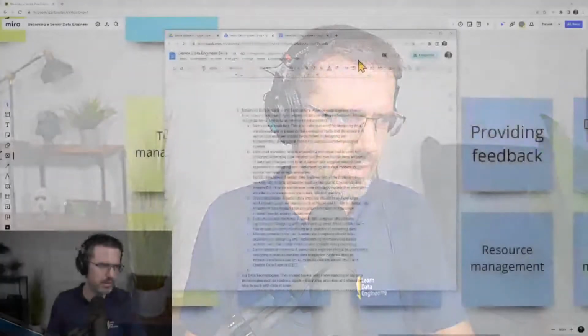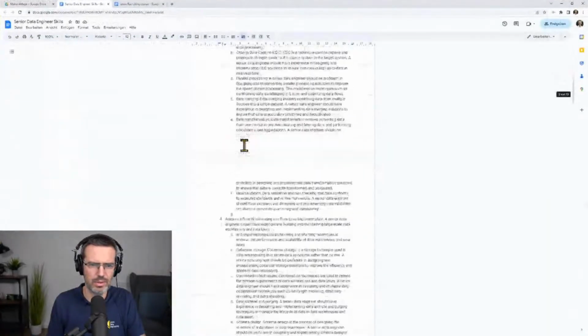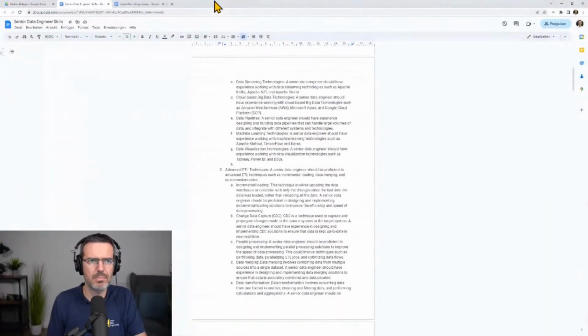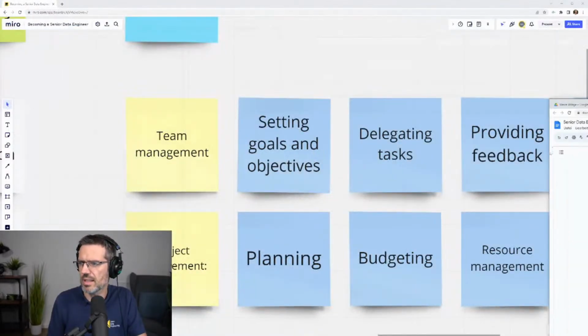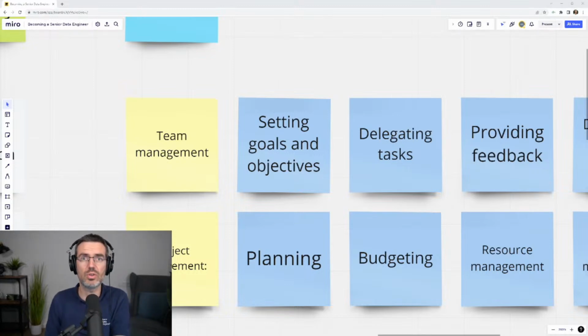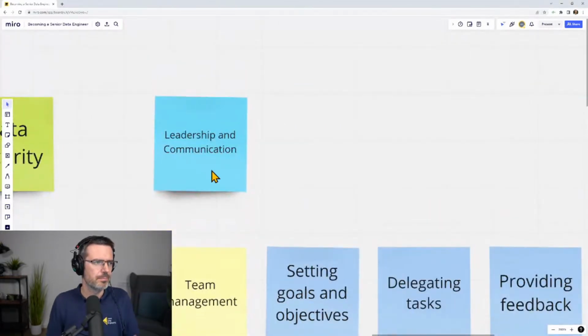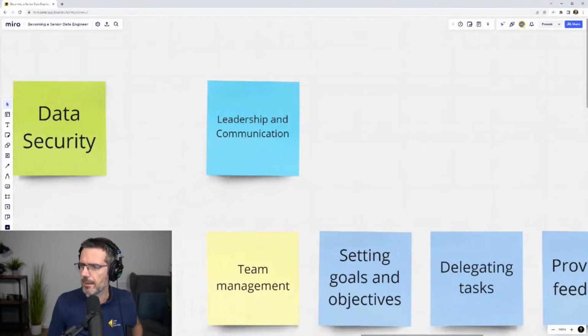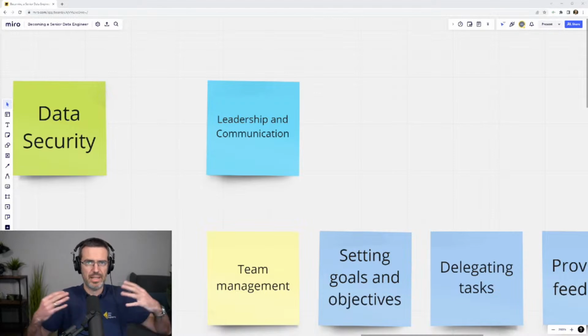Okay, here we are. I made a big document with all the text, because as I said before, ChatGPT is the basis of this. So I want to see what ChatGPT said and I want to read this also to you so we can discuss this, right? The whole leadership topic, ChatGPT said: a senior data engineer should be able to lead by example, set a positive tone for the team, and inspire team members to excel. So as you can already see,